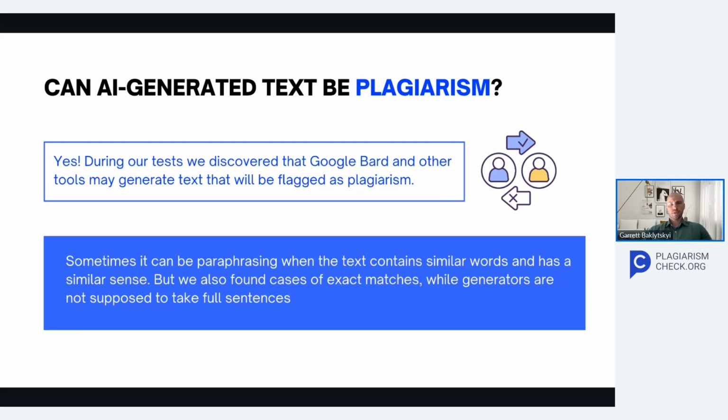When we compared the parts that were marked as paraphrasing to original sources, we understood that they shouldn't be considered plagiarism, as they may have the same idea, but the wording is completely different. It looks like taking an idea and writing about it using completely your own words. However, some parts marked as copy-pasted are totally identical to existing sources. This shows that when students use AI generators to complete assignments, they may get in trouble because not only AI detectors can flag their text as AI generated, but also plagiarism checkers may find similarities between this text and existing sources.